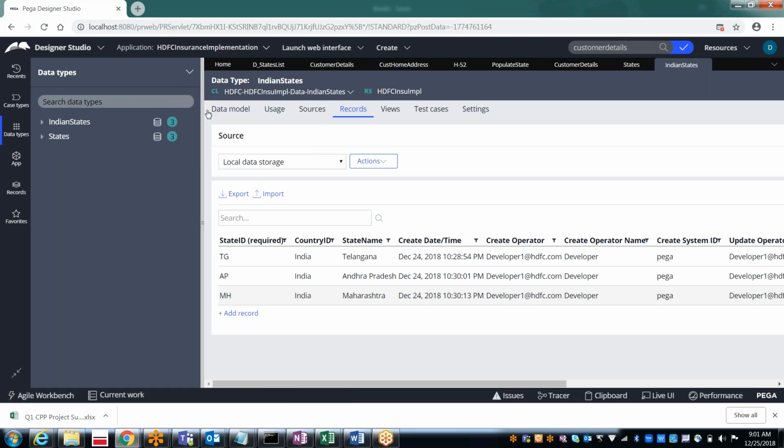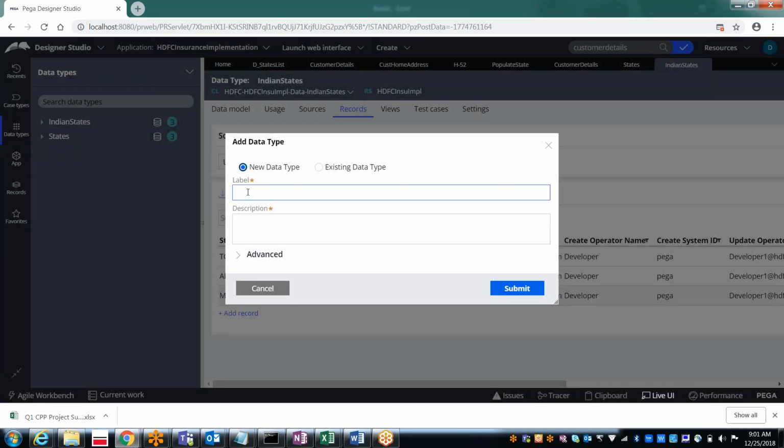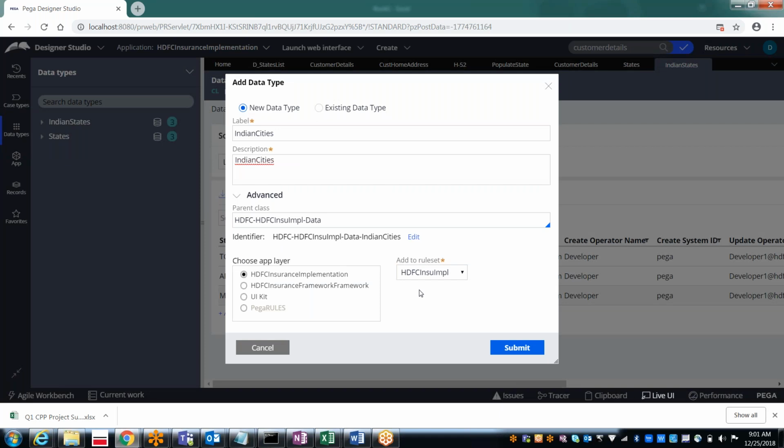Add data type. The label: Indian cities. Again, this is also deriving from the data class only. Then submit.